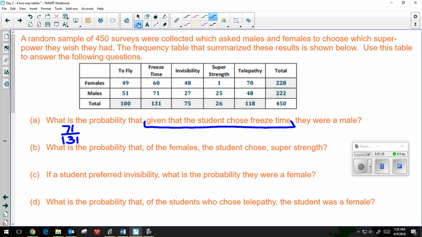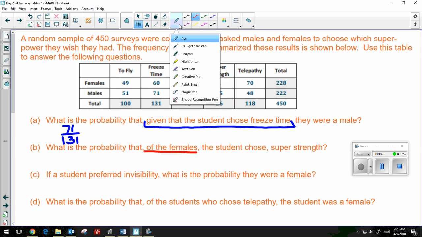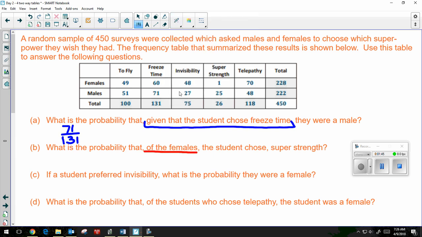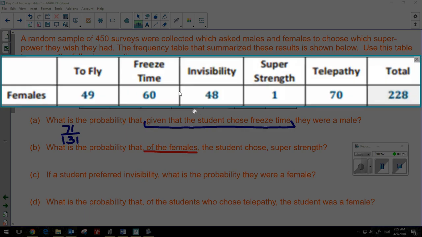Part B, what's the probability that of the females, the student chose super strength? So once again, here's my of the females. So that's the only piece that I'm looking at. So if you want, you can highlight it again or you can block it out. I'm going to block it out for us. I'm only looking at the females. I want to know which of them chose super strength. So if I only look at the females, I have one person who chose super strength out of 228. So that's going to be my